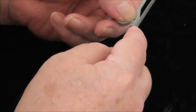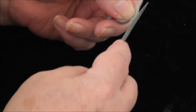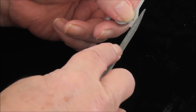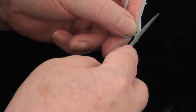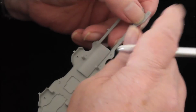Try and change the angle a wee bit when you get to the finer file, because you don't want to work it all in the same direction. And I'm just running my finger over it now, because I find that the finger will tell you when you're finished before your eyes will. Right, there we are. Now sometimes you can push some of the material over,